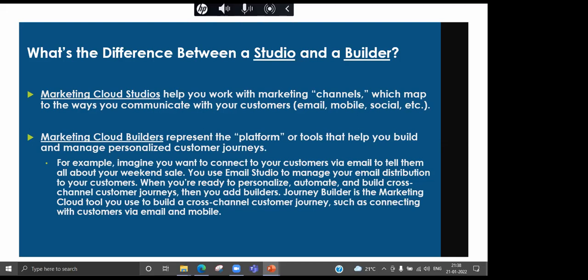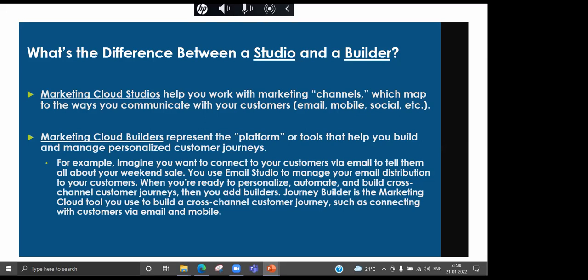When you are ready to personalize, automate, and build cross-channel customer journeys, then you add builders. So now, guys, we want to send emails, but we want to define a workflow. We will use journeys because in Email Studio you cannot define a workflow. In Email Studio, for defining a workflow you will have to use a builder, and here we will be using Journey Builder.